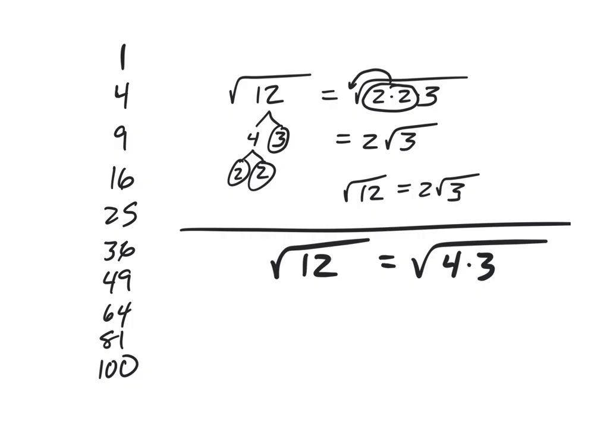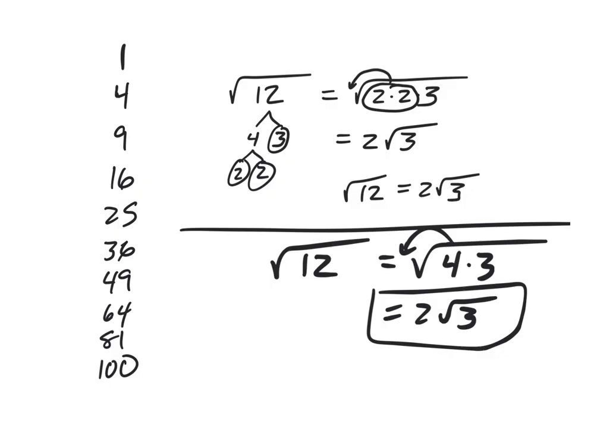And if I take, let's say I covered this up, if I take the square root of 4, what do I get? I get 2, right? The square root of 4 is 2. And so that's another way to get there. Either way is fine, okay? But the bigger the number, it's going to be hard to do the tree. And so if we go back to the one that we